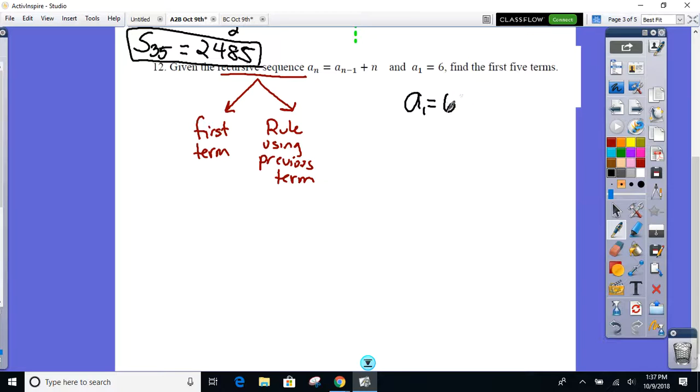All right, everyone ready to find the second one with me? I'll let everybody catch up because this is pretty important and usually gets very complicated. Okay, here's the rule. Here's this rule using the previous term. So to find any term, take the previous term, which if I'm on the second one, what was my previous term? 6, the first term. Yep, so 6